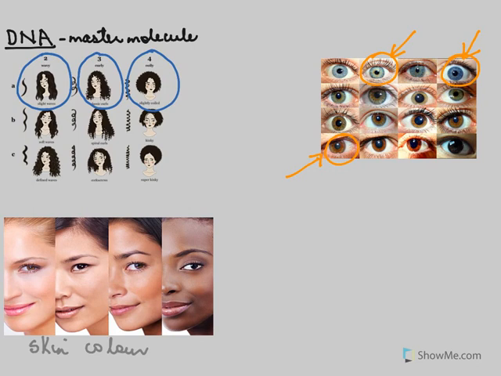The next question you would ask, why is it that different people have different proteins in their hair? Why is it that different people have different proteins in their iris? This is all controlled by the DNA. The DNA, or the deoxyribonucleic acid, governs the making of proteins. It directs the making of proteins. The type of proteins that we have is all governed by our DNA. If the DNA is altered, the protein also is altered.